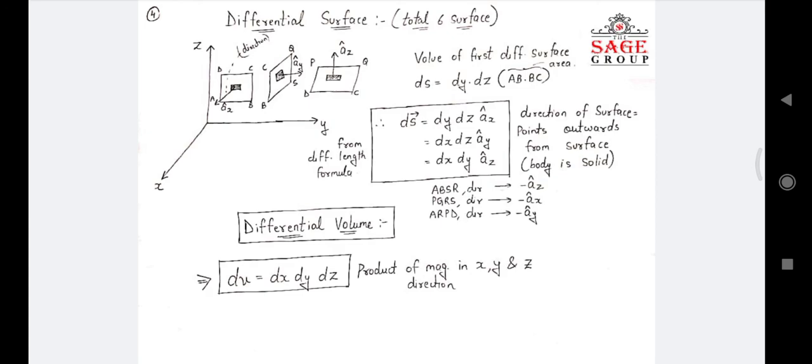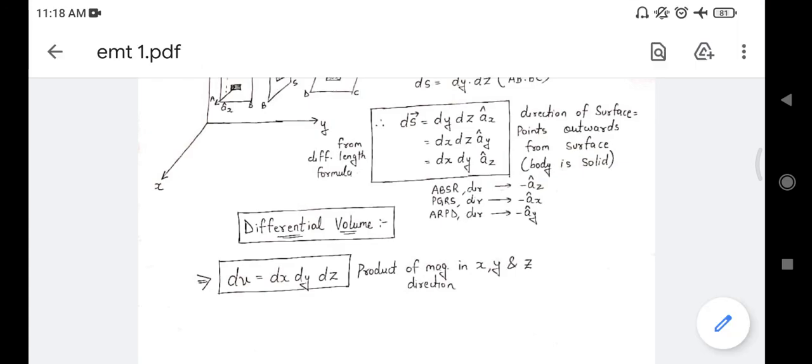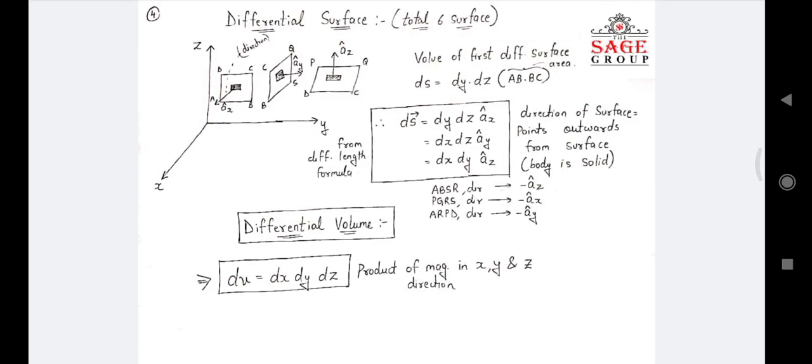If we talk about the differential surface, it can be called area. So what is area? Length into breadth. So ds is equal to: first we multiply the first two axes, dx dy, and the unit vector will be from the third axis, so the az vector. Next dy dz, so what will be the unit vector? ax. And the third one is dz dx, then the ay vector. And if we talk about the differential volume, we simply multiply all three differential components, that is dv equals dx dy dz.